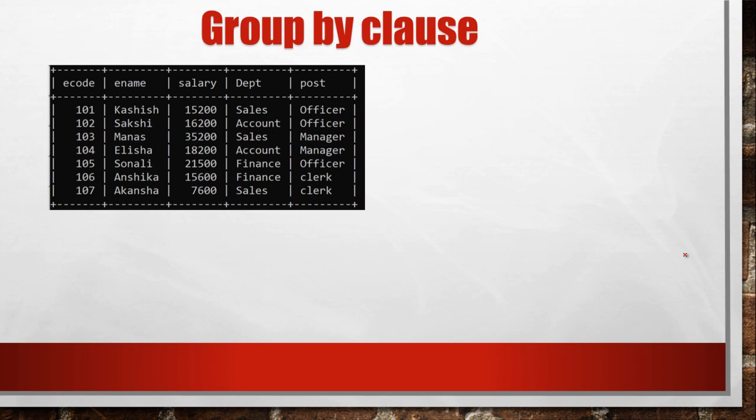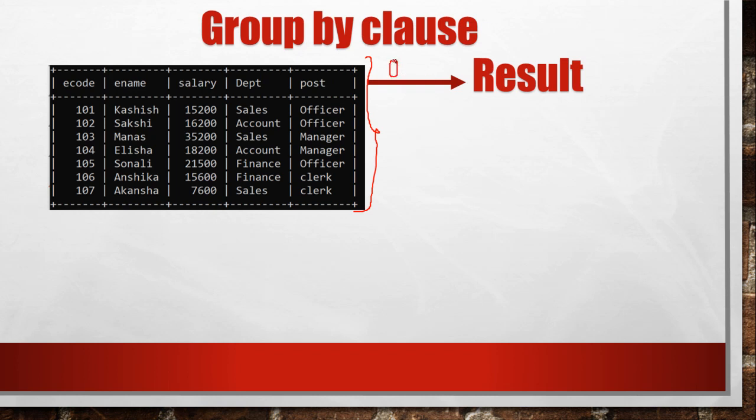In various questions, what we do is simply apply a query on the given table, and by applying the query on this table, we get the result.